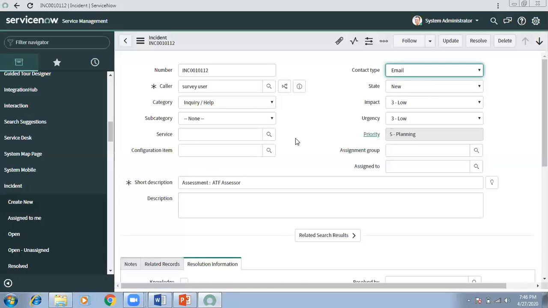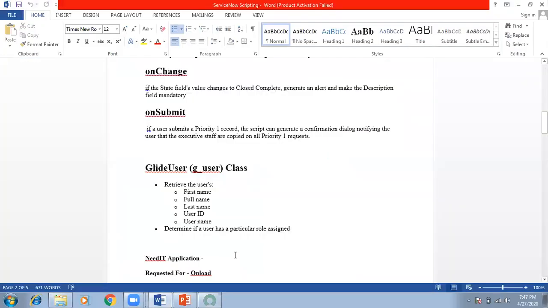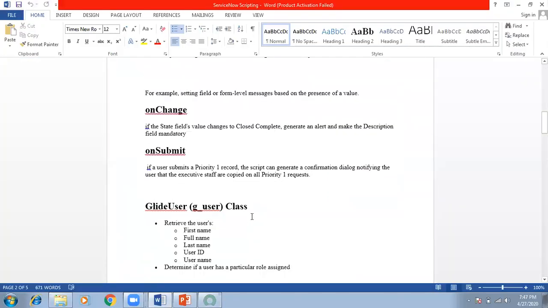So that will be onload, because before the form is presented to the user, this change should get applied to the form. The user should see that. If your contact type is email, then before the form is presented to him, the email field should be available on the form. Getting my point? So whatever changes you want to do at the form level before the form is presented to the user, you need to write in an onload client script. At the first level of interaction with the user.